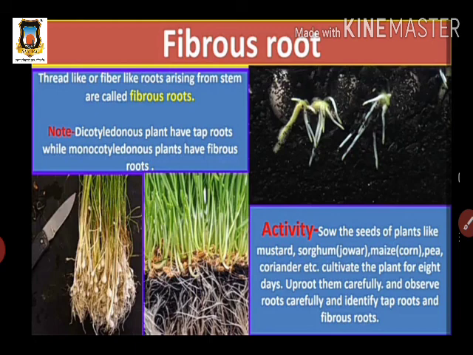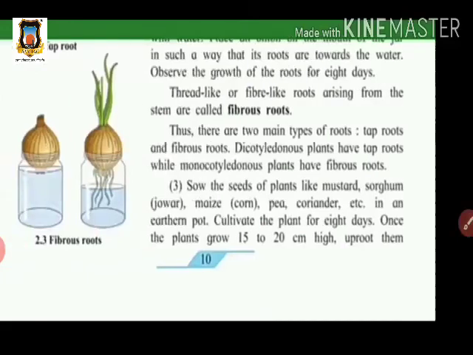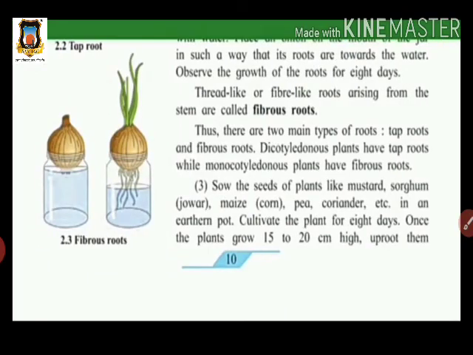So here we see the third type of root. Here we see the second type of roots, that is the fibrous roots. What are the fibrous roots? It is a thread-like or fiber-like structure. So due to this, it is called fibrous roots. Examples of this are onion and garlic; such plants contain fibrous roots. Okay. So here in your textbook, after this activity in the jar, there is growth of fibrous-like structures. It is called fibrous root. Okay.